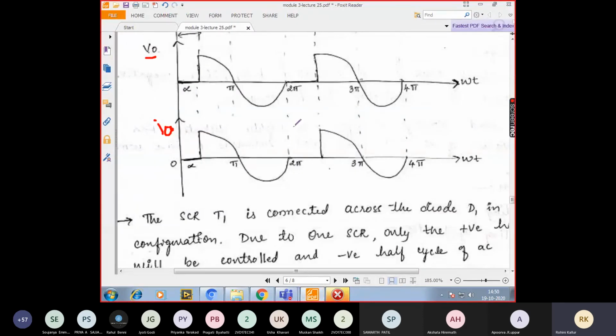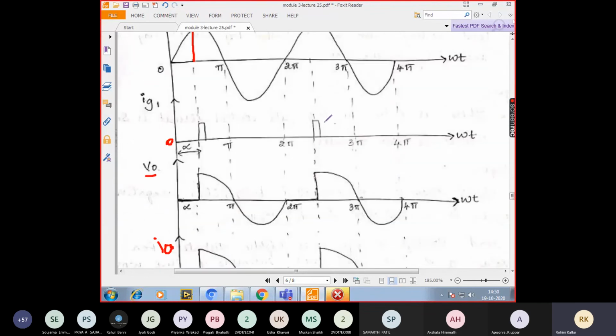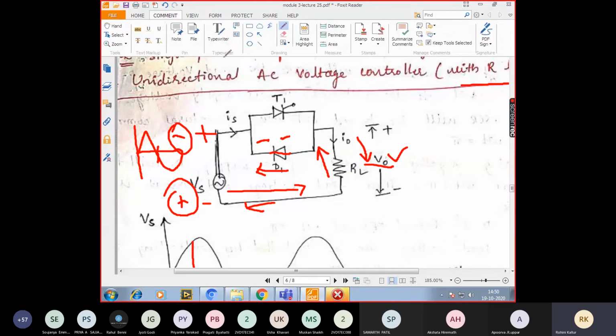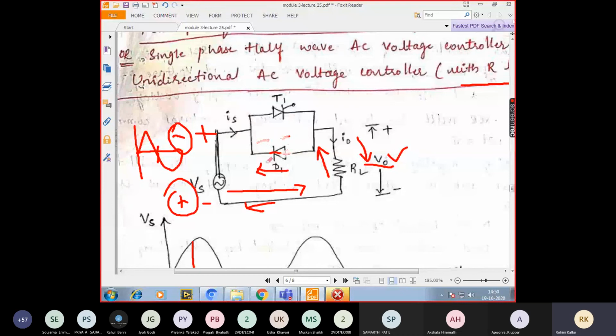Then this is a cycle which repeats. Now observe why we say that this is a phase control device. The reason for calling this a phase control device is that we are trying to vary the phase of the output voltage. No doubt we are converting a fixed, natural AC voltage to a variable or controlled AC voltage, whereas what is happening here is we are trying to control the phase of the output voltage.